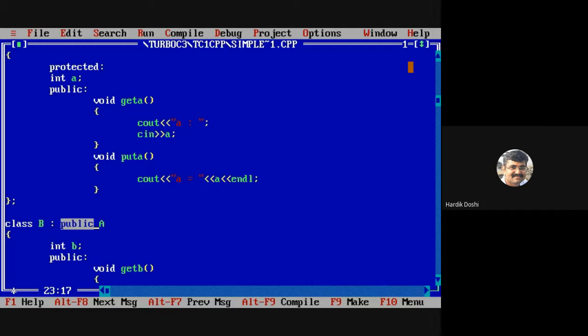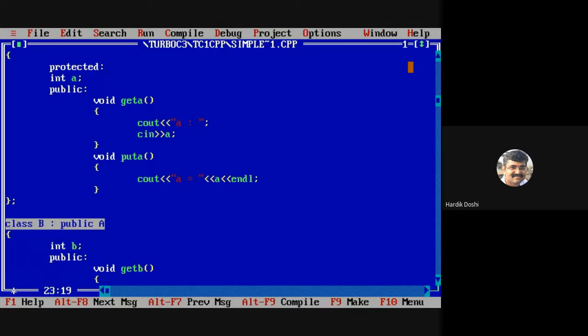Now class B, what is the meaning of this line? We need to understand it very carefully. What I speak is class B inherits A, but today I am completing my statement: class B inherits class A publicly. Are you getting my point? You will not understand for sure, I know that. Don't worry, but keep my statement in mind: class B inherits A publicly.